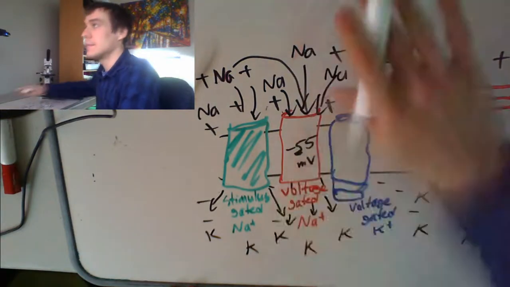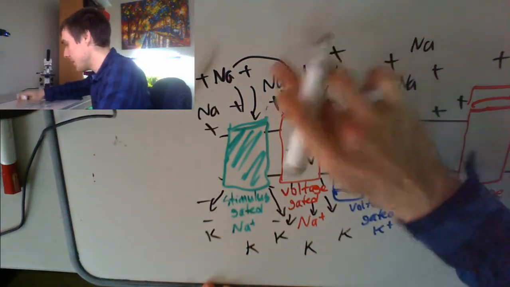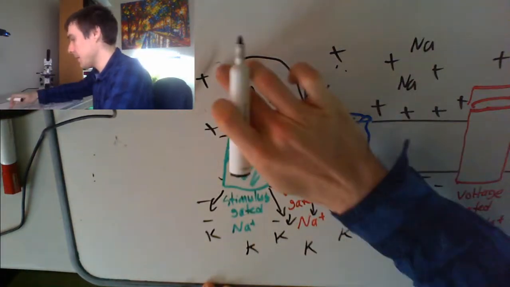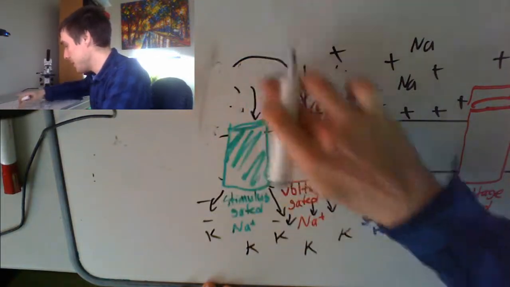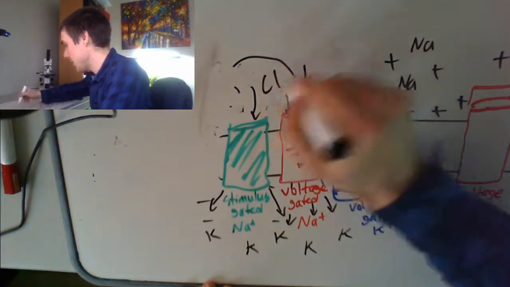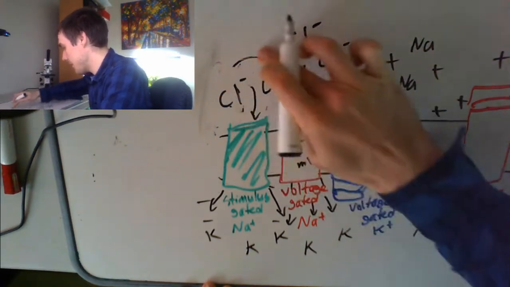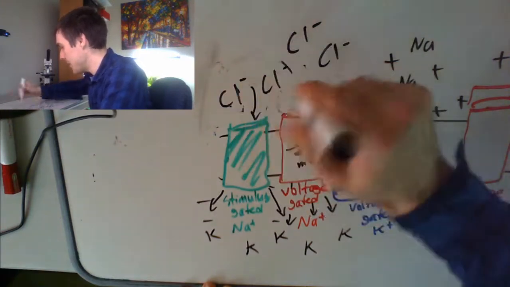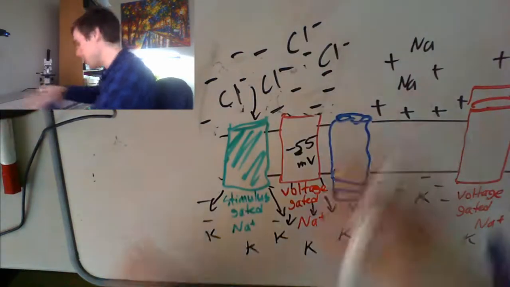That happens so much that in this area, the sodium all leaves. All the sodium actually manages to make it all the way through. And because all the sodium is now gone, what's left is the chlorine, the chlorine minus, and it can't make it through here, and this thing shuts. Now it's negative around here, negative in this area, just in this area, because all the sodium is gone, all the sodium is down here,